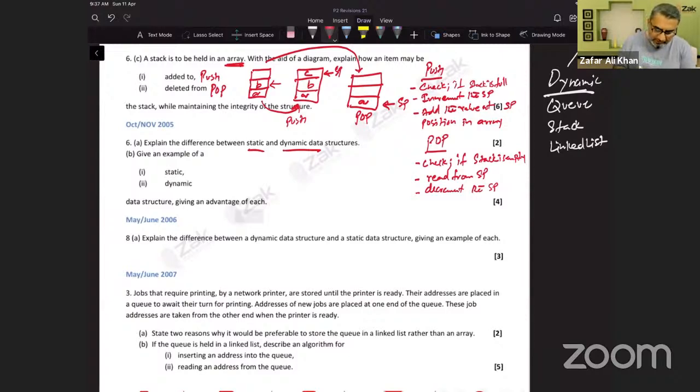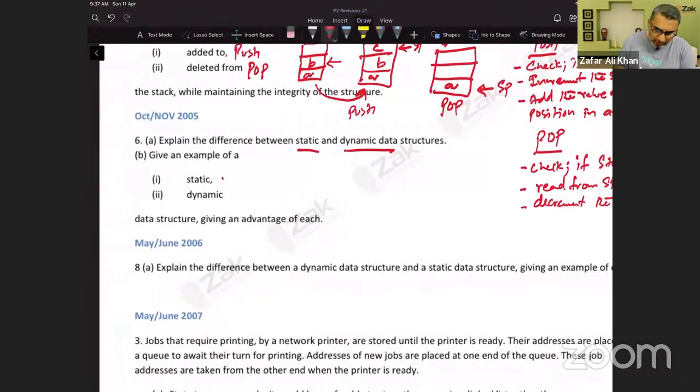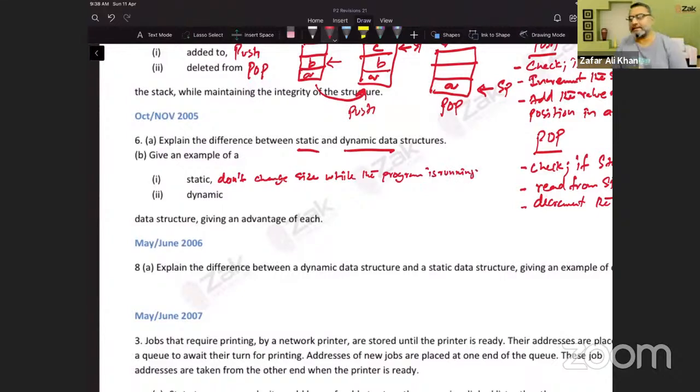Static data structures do not change size while the program is running, whereas a dynamic data structure can change size according to the requirement